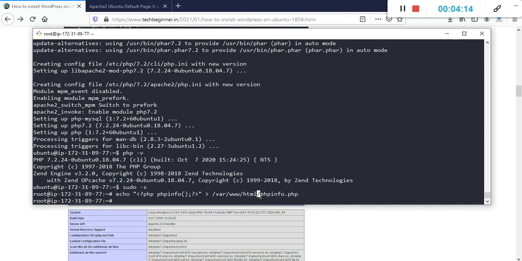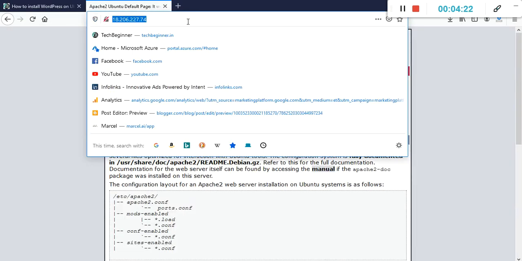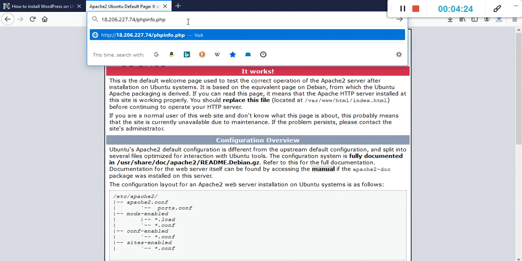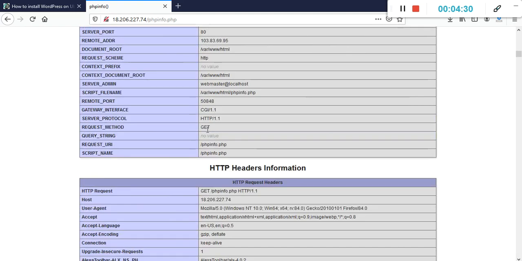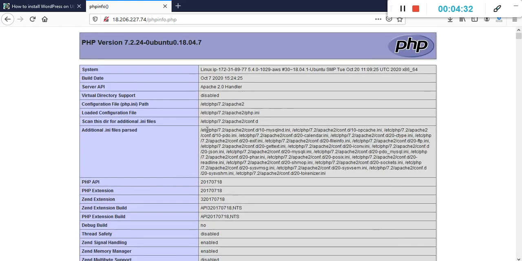After that we need to copy this last one, phpinfo.php, and open it in the browser. If you get this PHP page with the Apache web server, that means your PHP service is successfully configured.